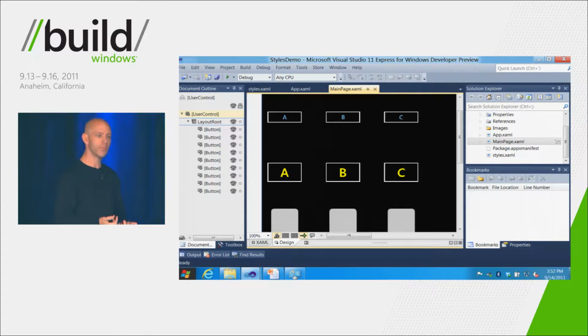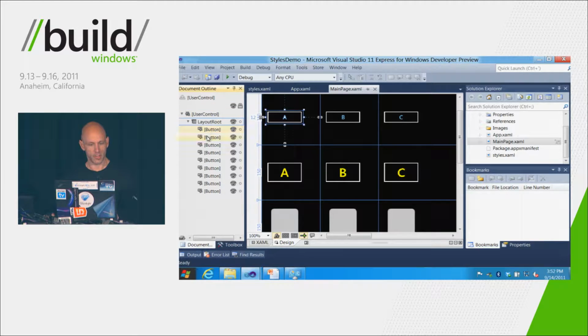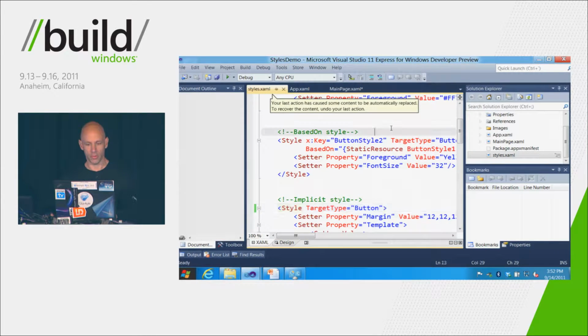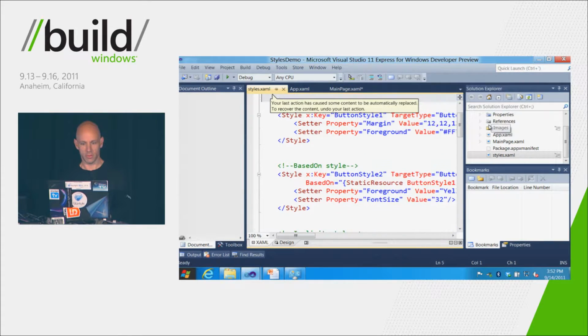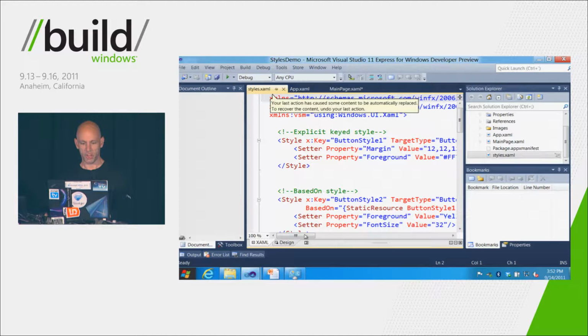It's a keyed style that we saw on the slide. The middle set is using another keyed style that's based on the first one. And the ones at the bottom are using an implicit style. So when I look over here, and we can select the buttons through the document outline. If I go to the styles, here I've got my first style, which is setting that property for the margin